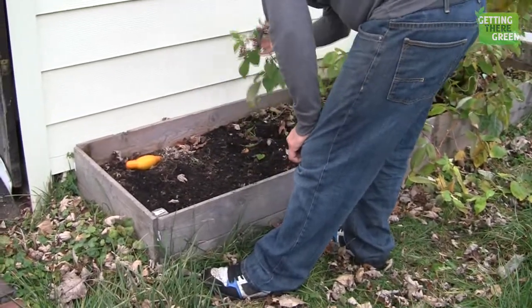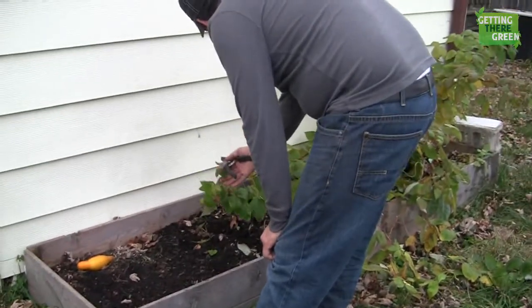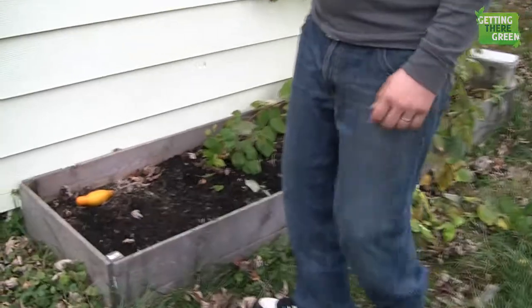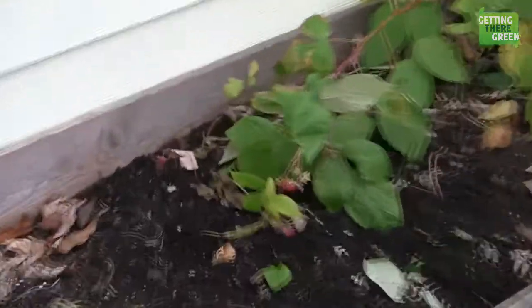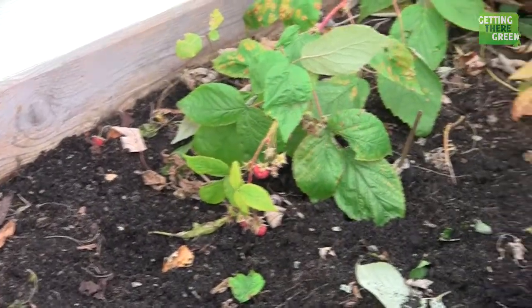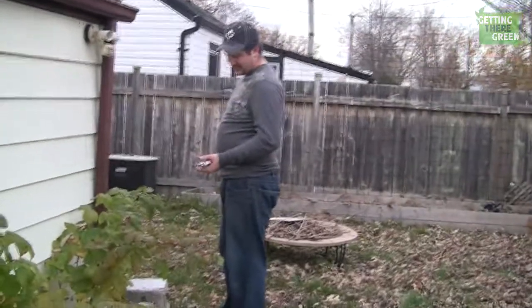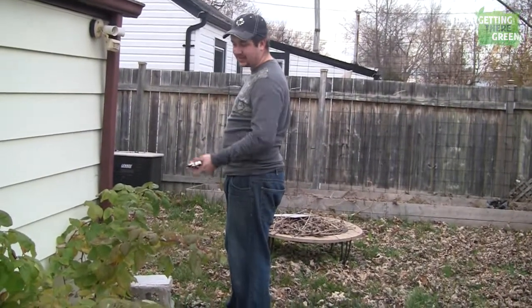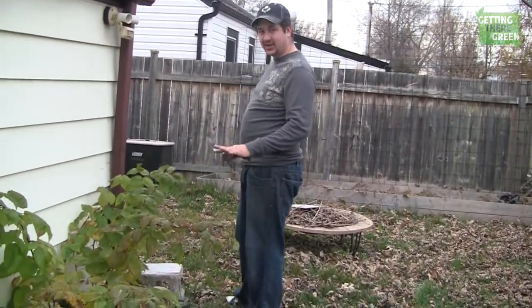We have our raspberries, which are ripening up. We should be able to actually have some today if we wanted to. But we kept that going because it's still giving us fruit, and it seems to be very, very cold hardy as well. But come the end, when this starts to die back, you're going to cut this back. So cut all the stalks down